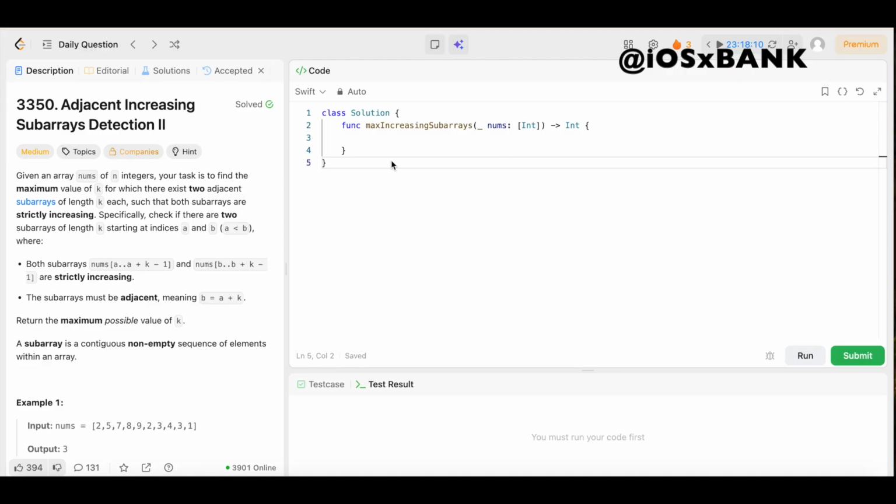And today we have question number 3350, adjacent increasing subarrays detection 2. The difficulty level is medium, so you already know we're going to keep the solution as simple and easy to